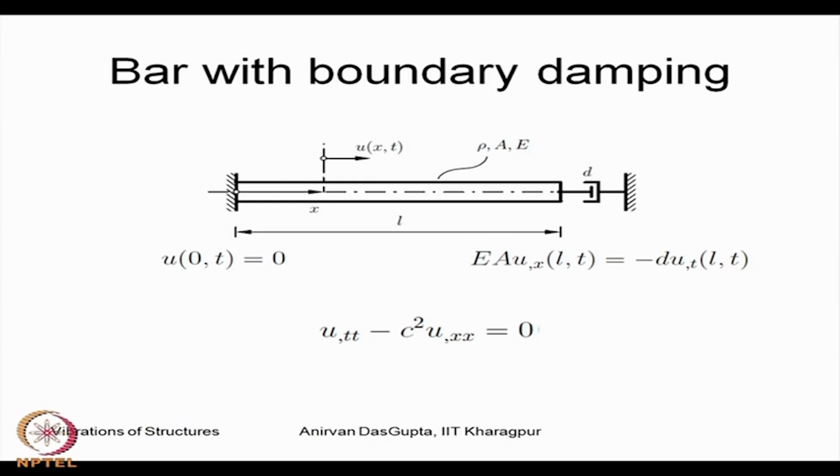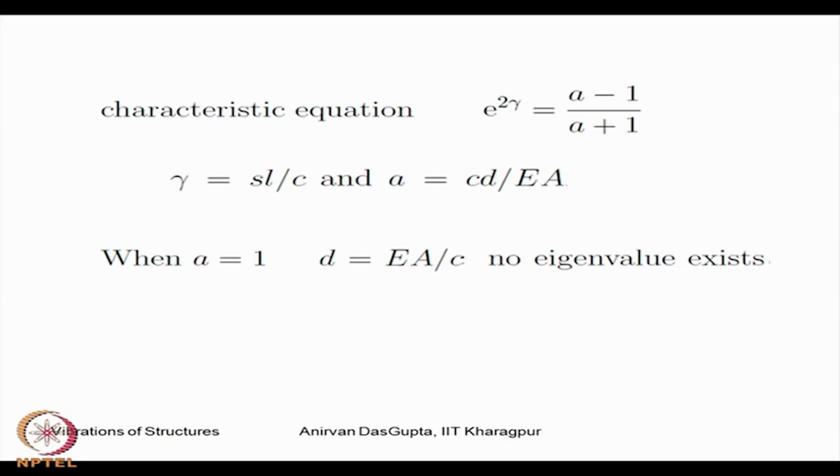This is a system that we have discussed before, in which a fixed bar and the free end of the bar is connected to a damper which is fixed to the support. Now, we have this equation of motion and the boundary conditions as shown, and for this problem remember that we obtained a characteristic equation. This was the characteristic equation